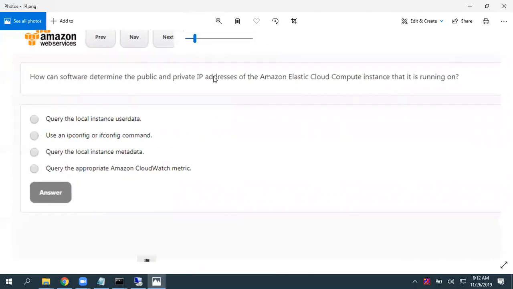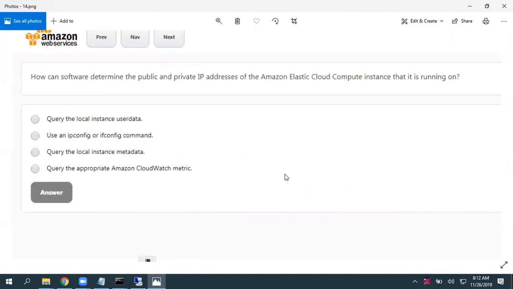Quick answer for this, please. Can't we get any information from CloudWatch?